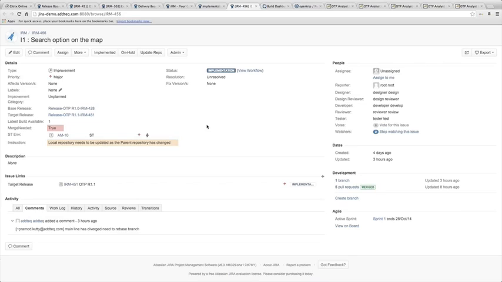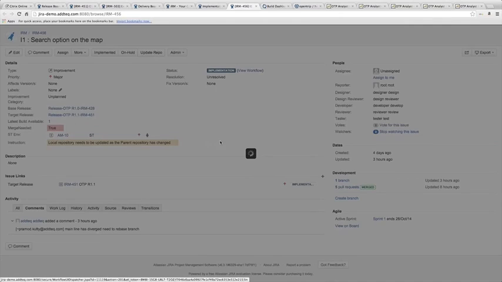In the traditional or current scenario, once the second developer gets notified about any update on the parent branch, he has to interact with Stash or Git, and he has to update the local repository from the remote repository. But here in our solution, since we have abstracted Stash or Git entirely from the developer, the developer simply has to go onto the update repo button and click this particular button. By just clicking on this update repo button, the local repository of the developer gets updated with that of the remote repository,